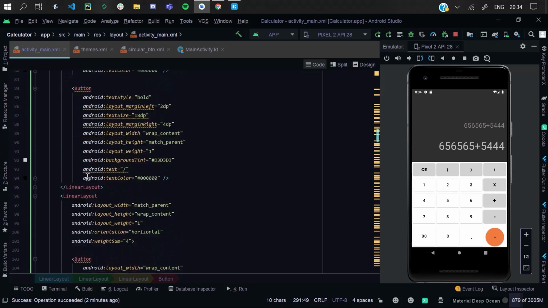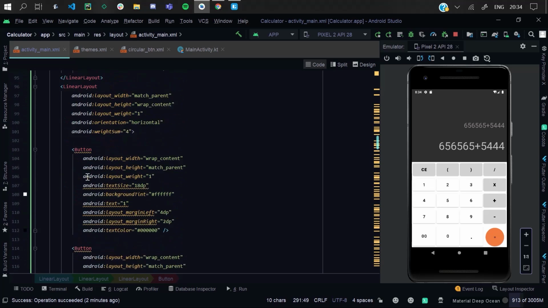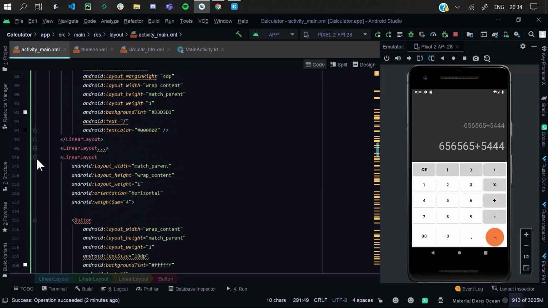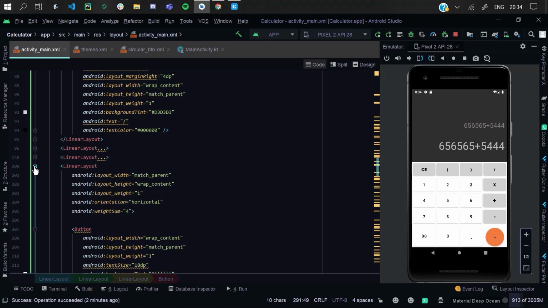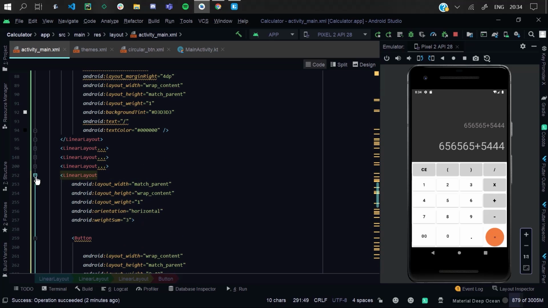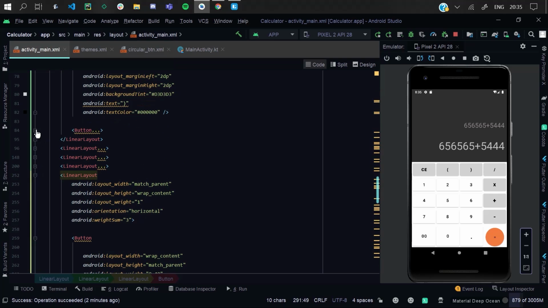First, let me just collapse all this. It looks like too much code, but sometimes collapsing is not working for me, and sometimes it's working. Anyways, let's see. So what you can do, first of all,